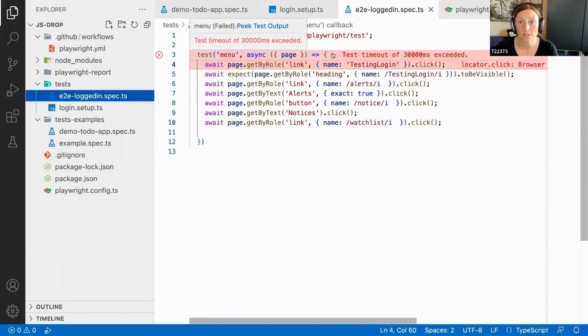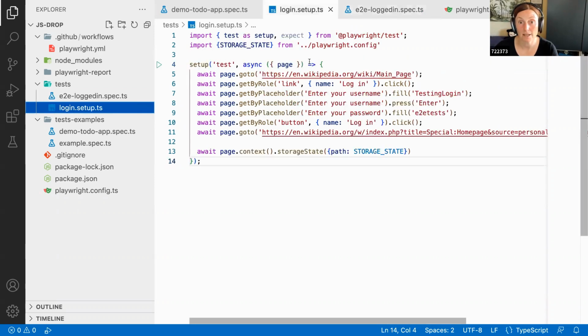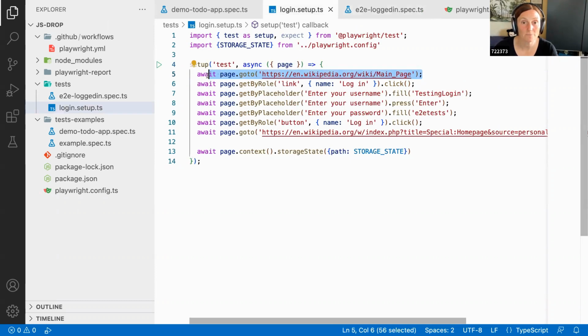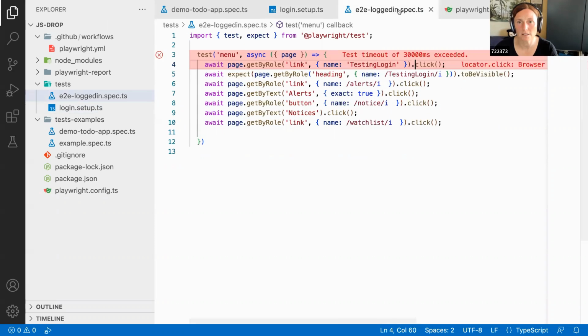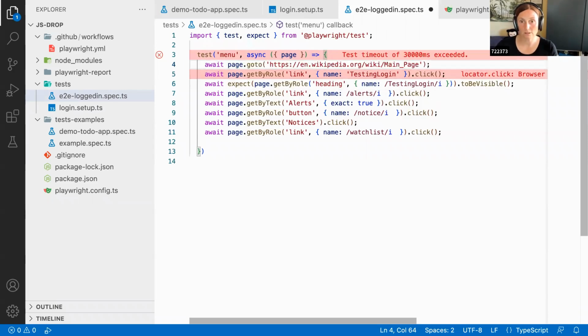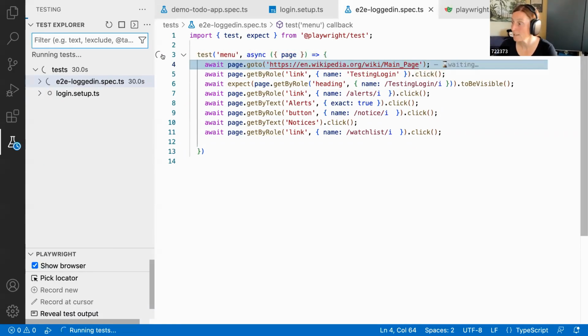So what we can do is basically go to the same page, right? So we can take this. Now, this is where we can refactor things a little bit more. So this is the page we want to go to, and I'll run the test first, and then I'll refactor and show you how to make this a little bit cleaner. So we're going to go to that page. And now I run this test, this should work. So I run the test and